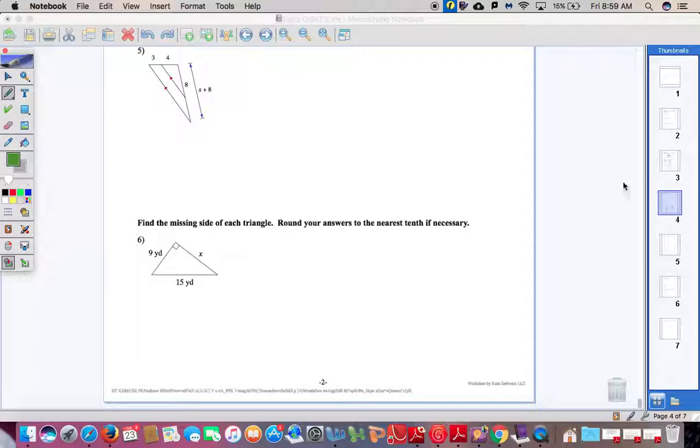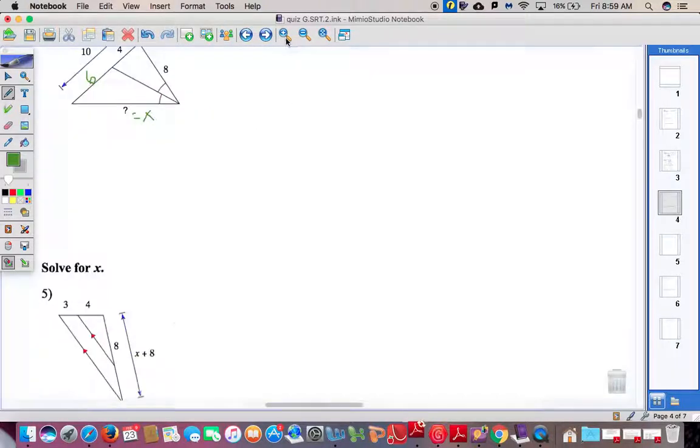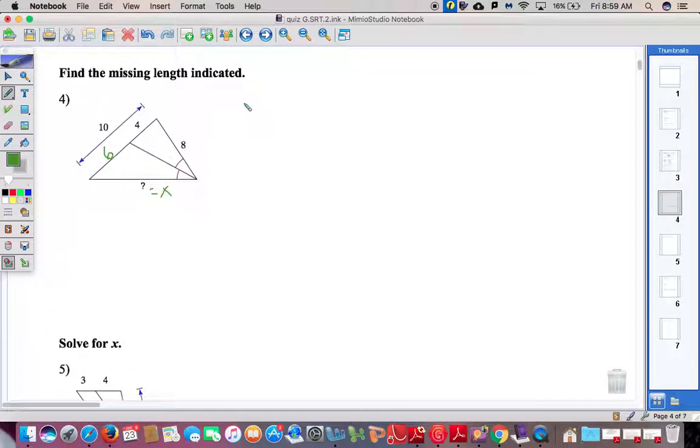Okay. Question number 4. Again, we're given that this side length here is 10, and we know that this portion is 4, so this portion here is going to be 6. We're going to say our question mark is equal to x, and this particular triangle is using the angle bisector